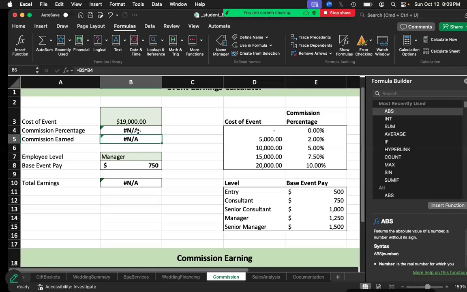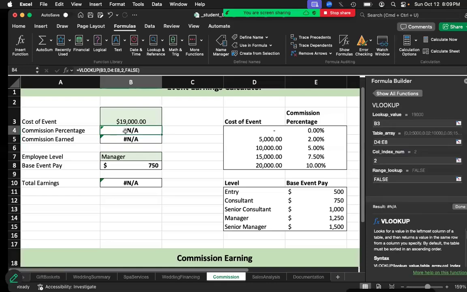This is an error where the result could not be found, and so there's some sort of error. So if I hit the function key and then the F2 key, holding down the Fn key and pressing F2, you'll notice what we have here. We have a VLOOKUP that's looking for 19,000 in the left-hand column of the cost of the event. You'll notice $19,000 isn't a value in that table, which means more than likely what is intended here is an